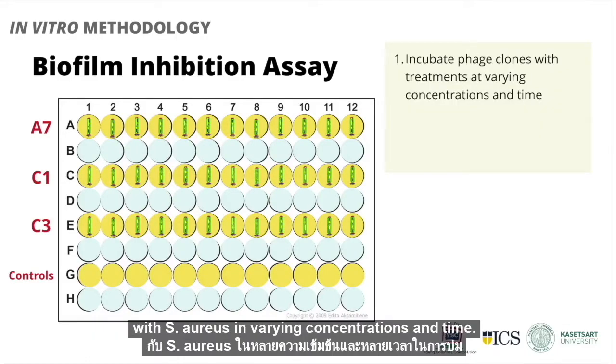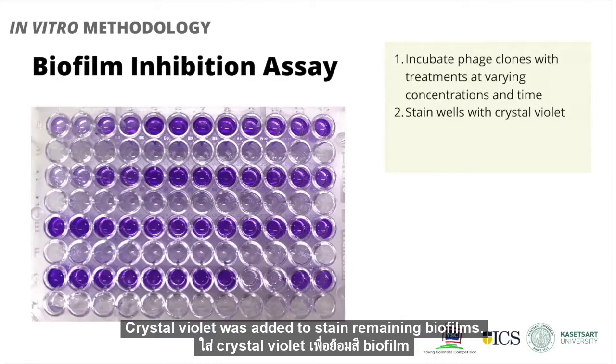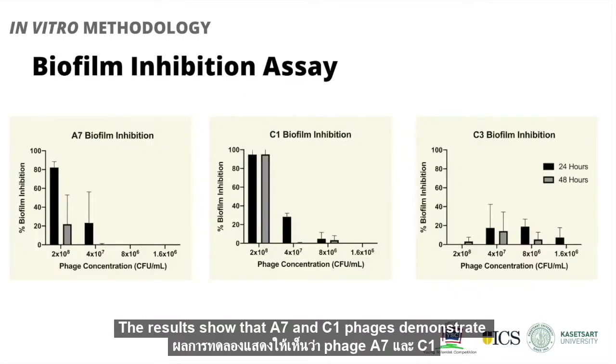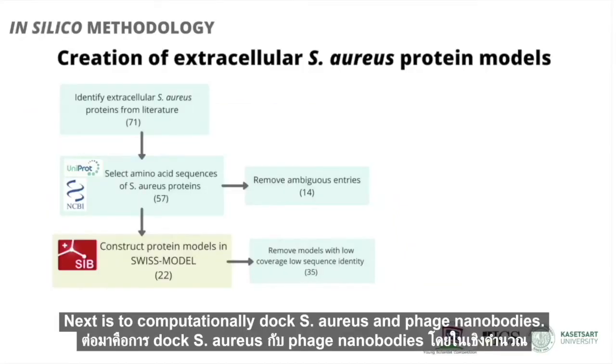in varying concentrations and time. Crystal violet was added to stain remaining biofilms. Then we recorded the absorbances. The results show that A7 and C1 phages demonstrate effective dose-dependent inhibition of S. aureus biofilms. Next is to computationally dock S. aureus